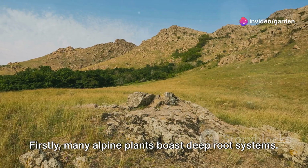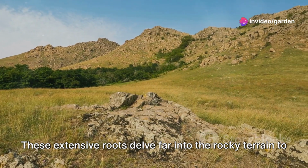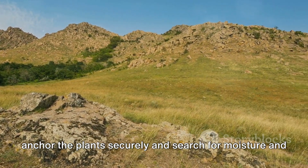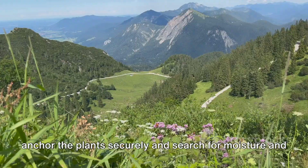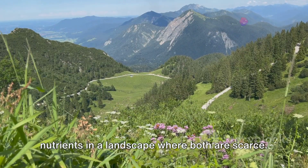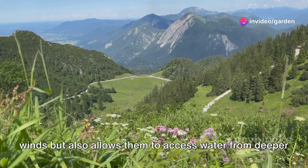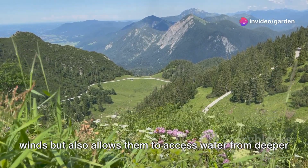Firstly, many alpine plants boast deep root systems. These extensive roots delve far into the rocky terrain to anchor the plant securely, and search for moisture and nutrients in a landscape where both are scarce. This not only stabilizes them against the strong mountain winds, but also allows them to access water from deeper sources